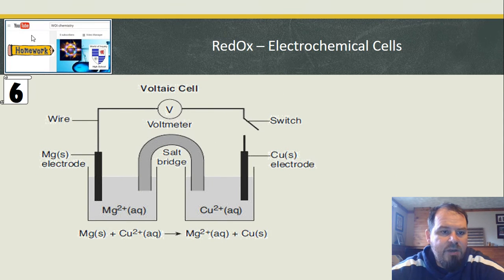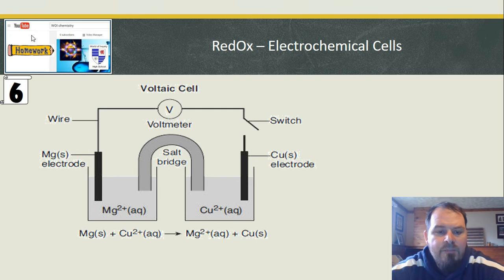I just put in a nice big picture here of this voltaic cell so we can see what's going on. Notice that there is a wire going through a voltmeter. That V is a way to tell this particular electrochemical cell, voltaic from electrolytic. There won't be a voltmeter in an electrolytic. The other one is the salt bridge. There's only a salt bridge in a voltaic